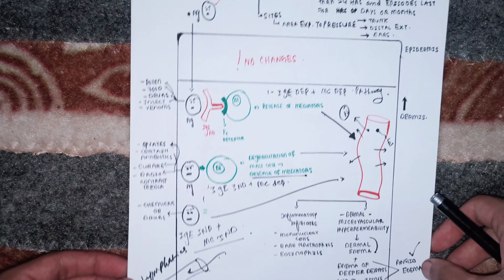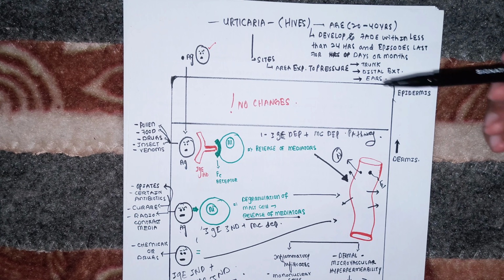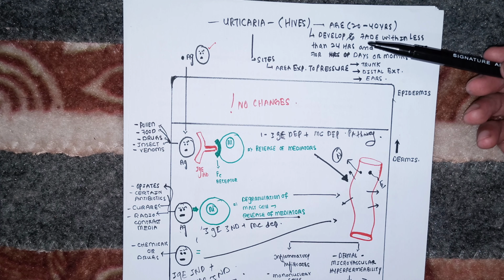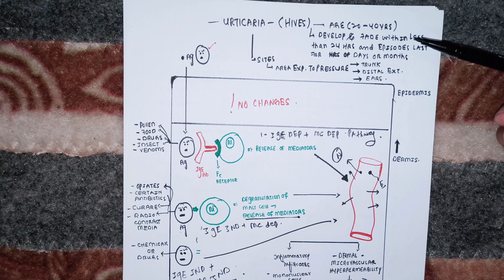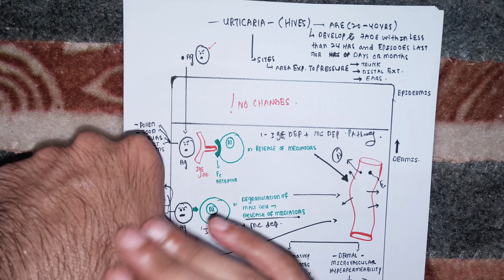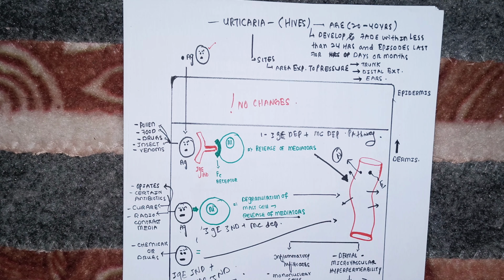But a few things I have written at the top: it appears mostly in the age of 20 to 40 years, and the lesion of urticaria develops and fades within less than 24 hours. Like if I developed the wheel here, it will fade in 24 hours or even less. Okay, बट उसका दोबारा episode आता है, फिर वो fade हो जाता है, फिर episode आता है, फिर fade हो जाता है. ये तकरीबन episodes कुछ दिन या कुछ महीनों के लिए चलते हैं. ठीक है, कौन सी sites पे ये appear होता है? Mostly the sites which are